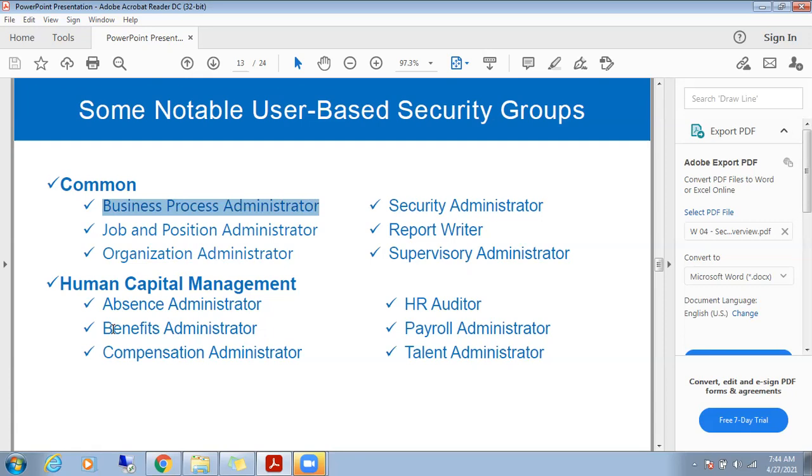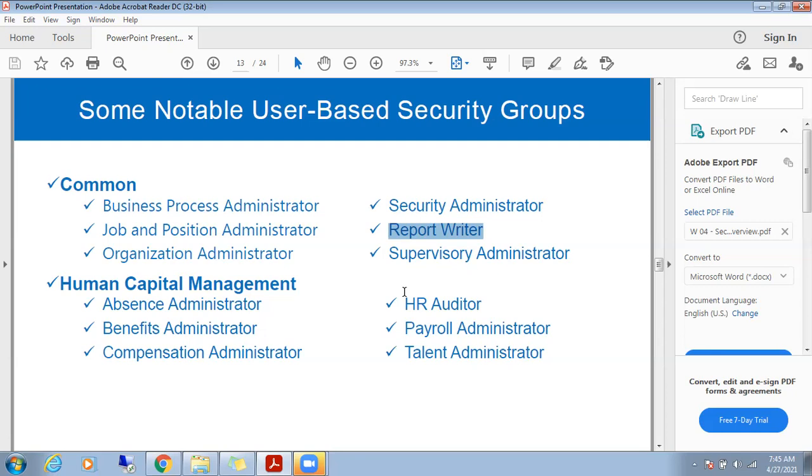Job and position administrator, organization administrator looks after all organization activities, security administrator, report writer, where you can act on the reports. Supervisory administrator acts like your supervisor organization. So these are some user based security groups.